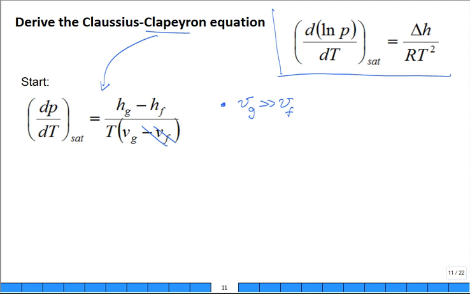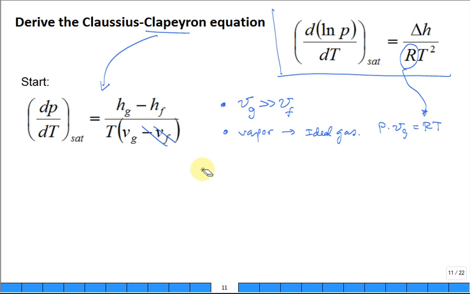The second one is that the vapor behaves as an ideal gas. What do you mean by that? That means that P times V sub G is equal to RT. Notice they have an R right there. Isn't that the same R as right there? Isn't that our gas constant? Was there an R in the Clapeyron equation to begin with? I need an R. You're going to get the R from the ideal gas equation.